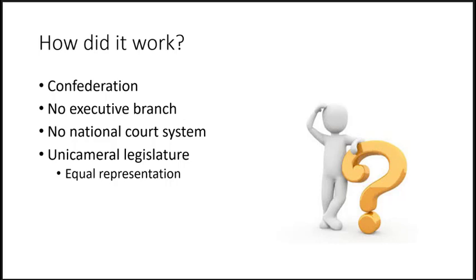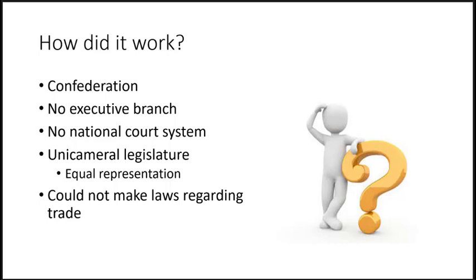Some other things that really hurt them is you can't make laws regarding trade. Now in class I talked about how that basically leads to 13 different sets of trade laws because there are 13 states and they all make trade basically favorable to themselves. It becomes very difficult and very confusing on how to trade. If you look at the Constitution today, the only government body that can actually make laws regarding trade between states